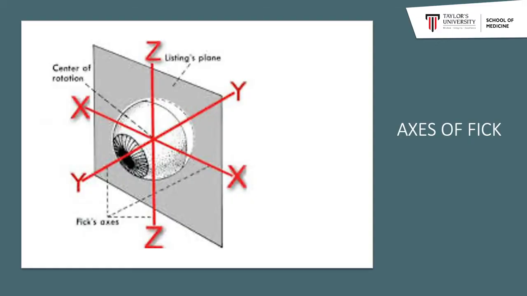So let us learn how to record ocular movements. Before we proceed, we must understand that the center of rotation for the eye lies along the Listing's equatorial plane. Along the x-axis, or the horizontal axis, the eyeball may move up and down, so elevation and depression. Along the y, the antero-posterior axis, there are rotational movements, and along the vertical or the z-axis, the eye may